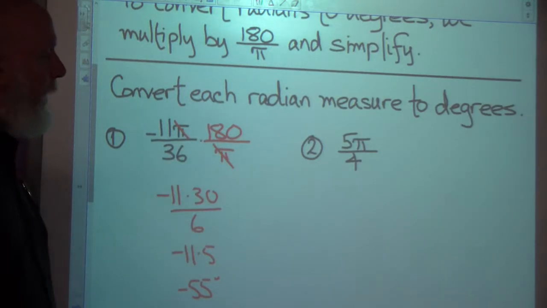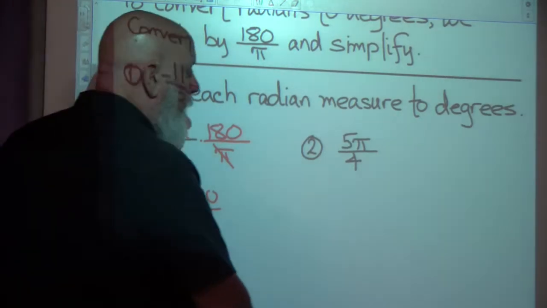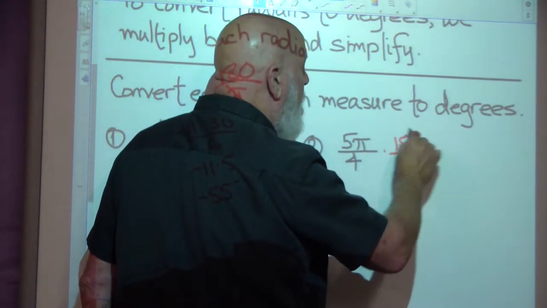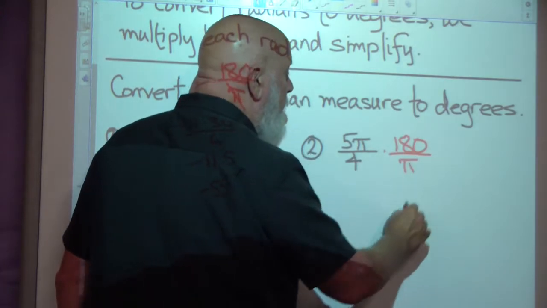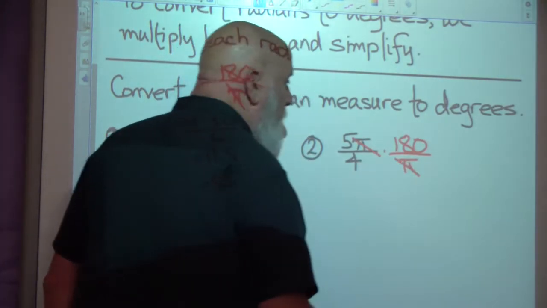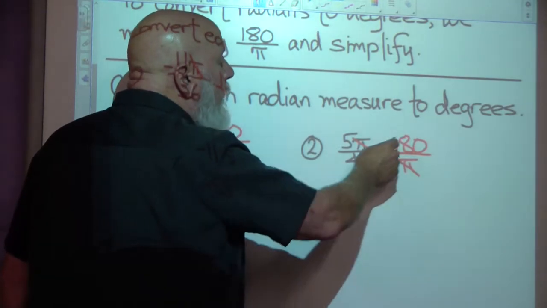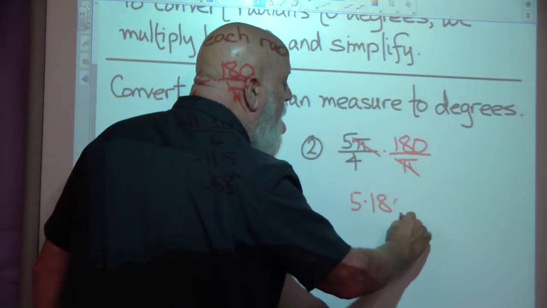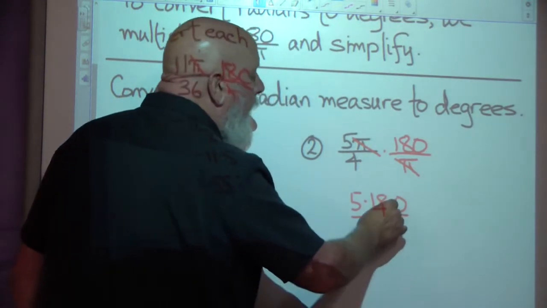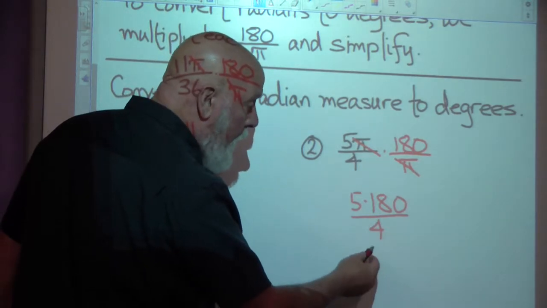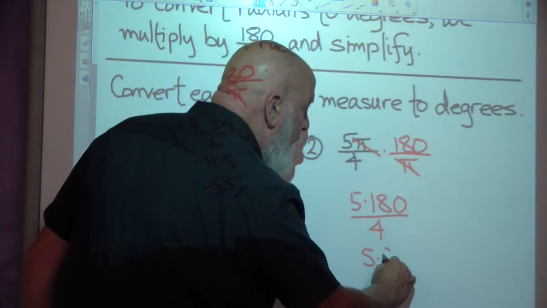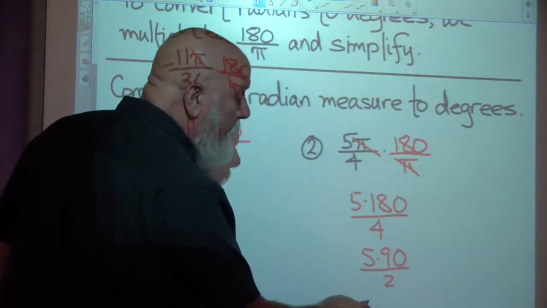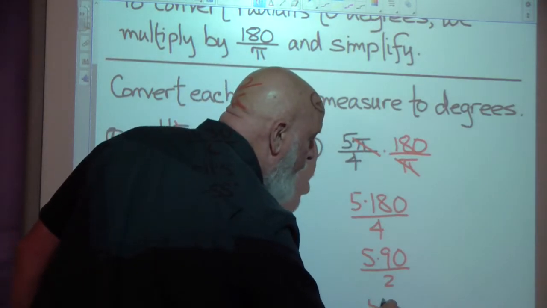Let's try it on this one. 5 pi over 4. That looks a little less complicated. I'm going to multiply it by 180 over pi. I'm given radians, and I want to change it to degrees. Well, the first thing I see is that these will cancel, which is what I want. And this will be 5 times 180 over 4. I know these will both divide by at least 2. So let's try that. That'll be 5 times 90 over 2. And these will both divide by 2 again. So that's going to be 5 times 45,